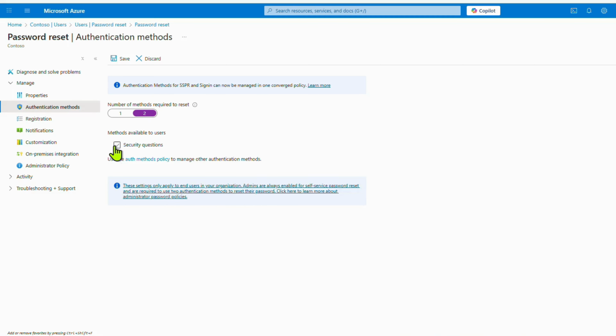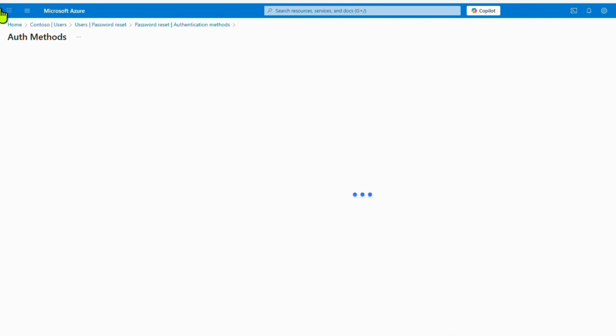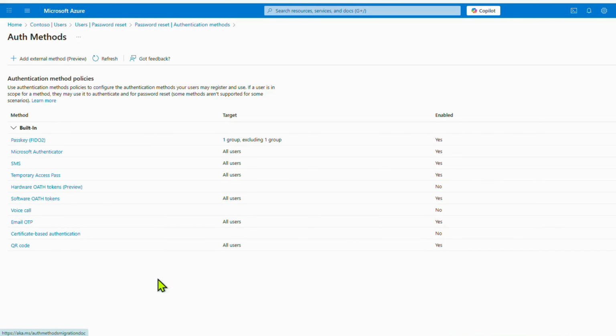Like here I have selected for security questions, or if you want, this has been updated. I have my previous student itself, so that's why it has been coming over it. If you go to authentication methods, you can find it like this. Okay, so we have the FIDO passkey, then Microsoft Authenticator, SMS, temporary access pass, hardware auth tokens,